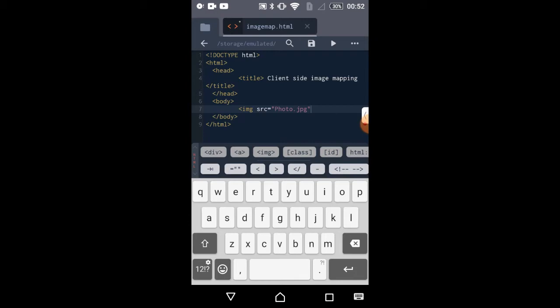So after that, leave a little space and write alt and is equals to double inverted comma. Alt will specify an alternate name to the image if the image is not getting opened or it is not supported by the browser. Thus this name will be shown there.